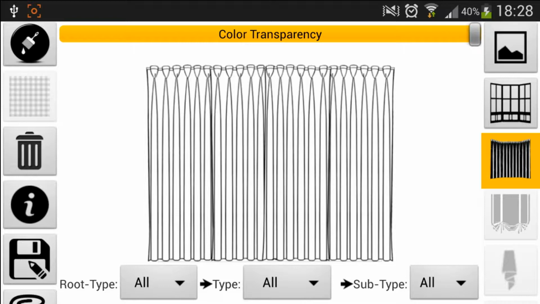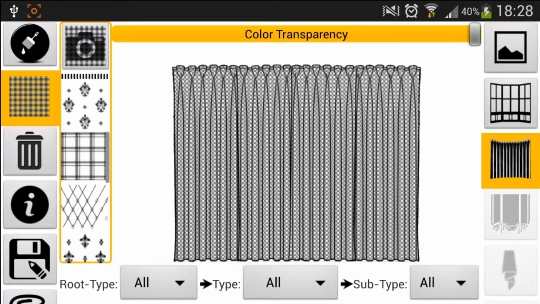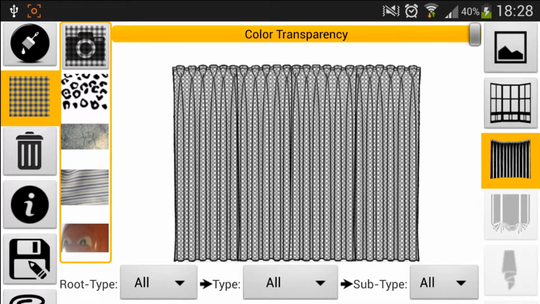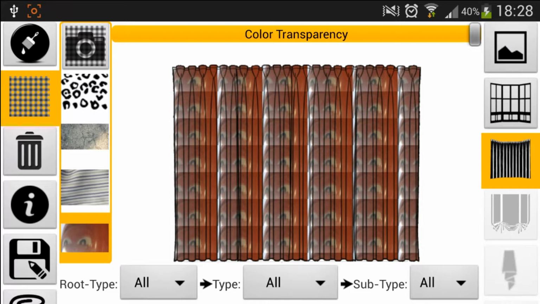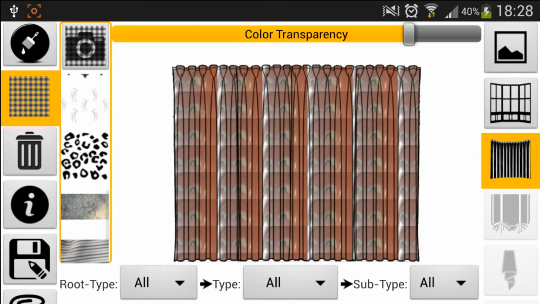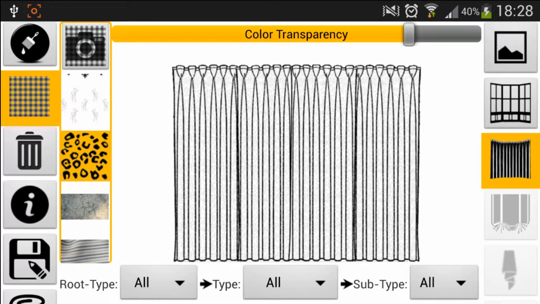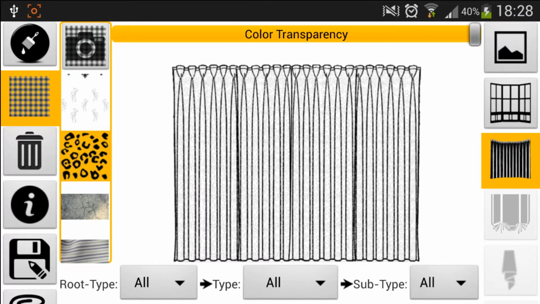So we stopped at the pattern capturing, so let's go to patterns and see if it has been added to the gallery. As we can see now, it's added to the bottom of the gallery. So let's select it, and we can adjust again transparency, and we can as well apply the color to the patterns. So let's say to this one. Let's increase transparency of the pattern.